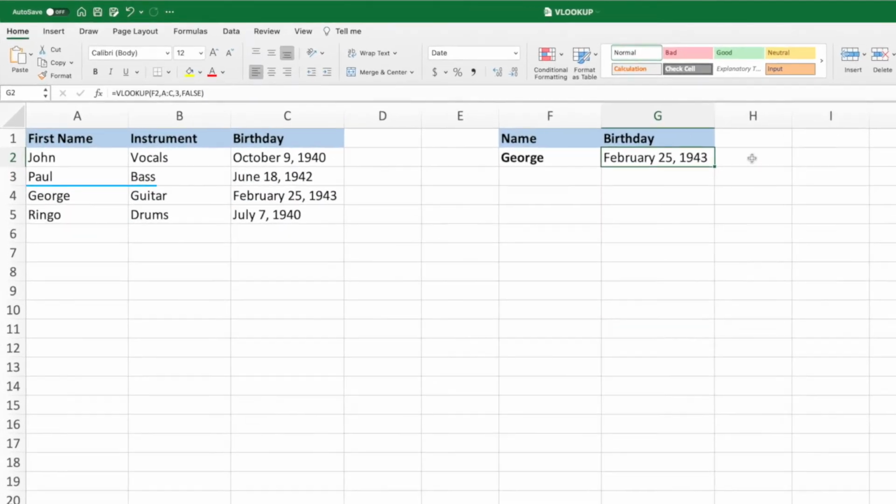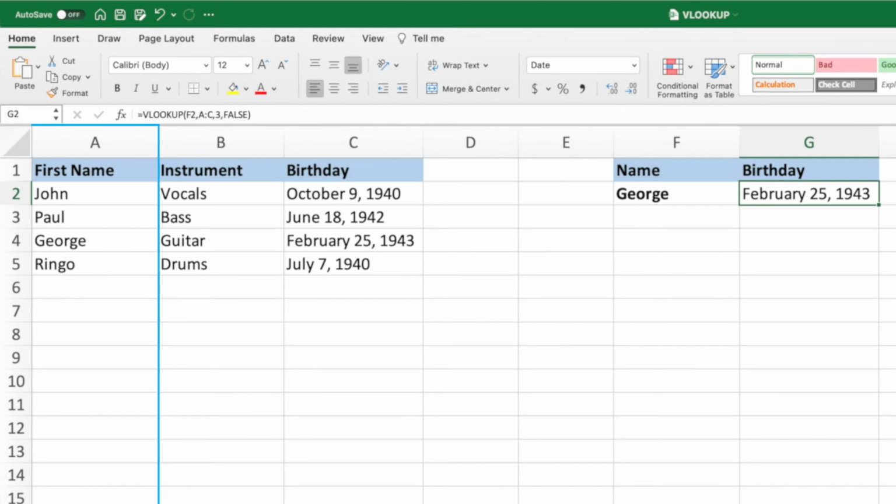To recap, VLOOKUP scans down the first column of the range provided in the second parameter for the lookup value provided in the first parameter. VLOOKUP stops searching once it finds a match. The third parameter tells VLOOKUP which value from the identified row to return. Lastly, setting the fourth parameter to false ensures VLOOKUP returns a value only if it finds an exact match for